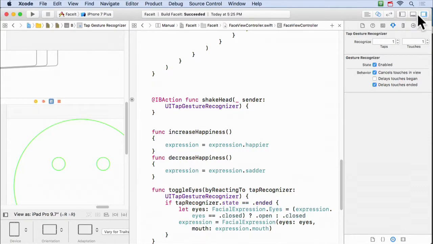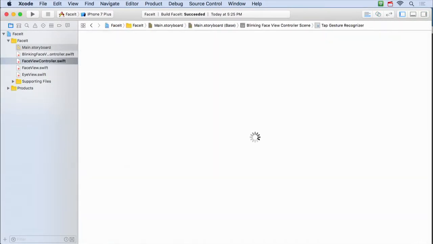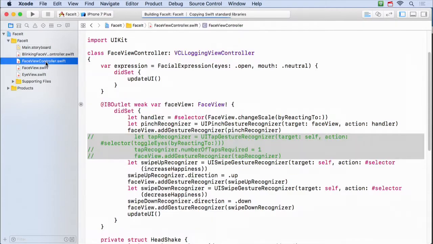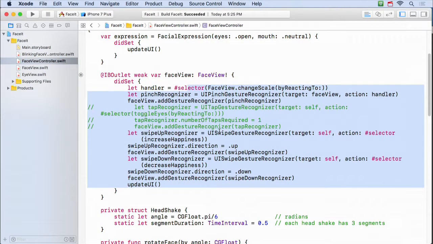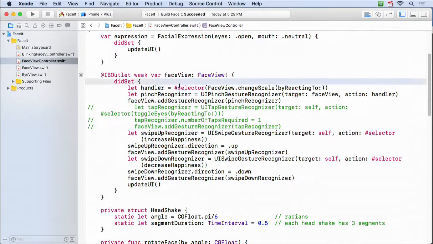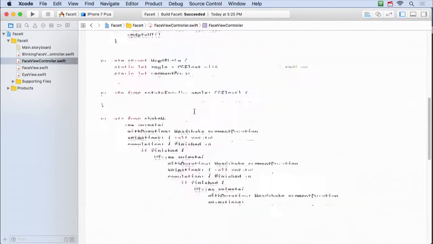It's pretty simple, actually. I prefer, actually, to do it in code. And why do I prefer to do these gestures in code like this? I just find that those gestures that are in the storyboard are a little hidden. They're up in that tiny bar up there, and I don't really notice them sometimes. So I kind of like to do this, but it's personal preference, really. There's nothing wrong with doing them in the storyboard. Some people would say that's better, because then everything is in the storyboard. It's really easy to see what the gestures are.